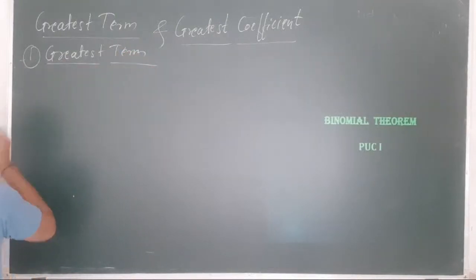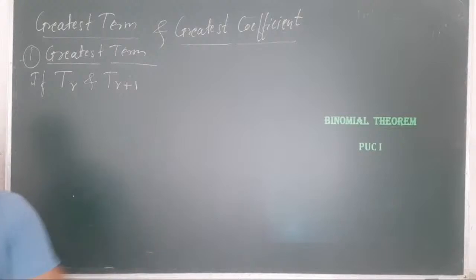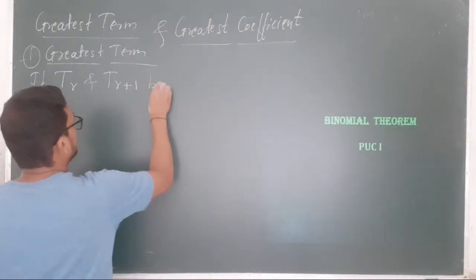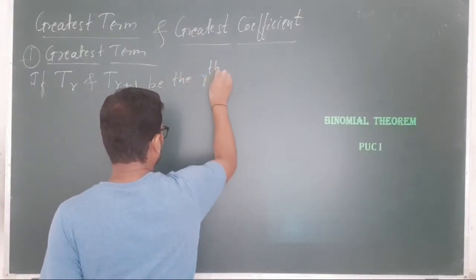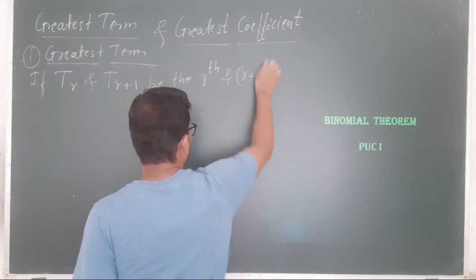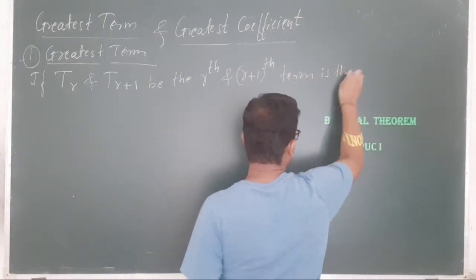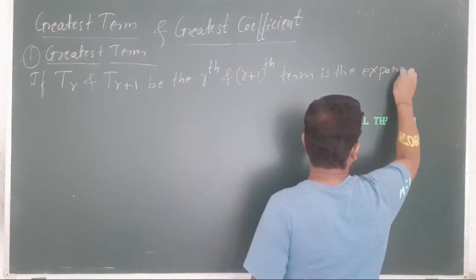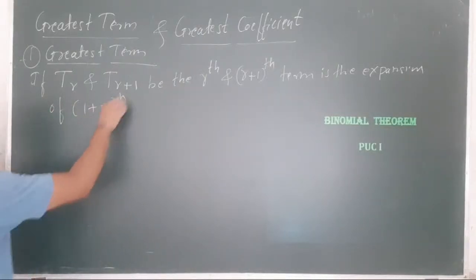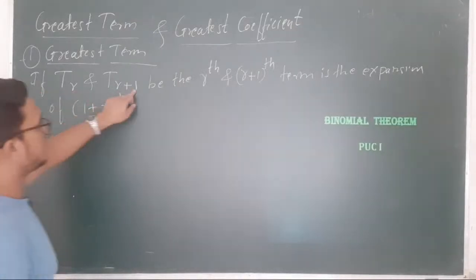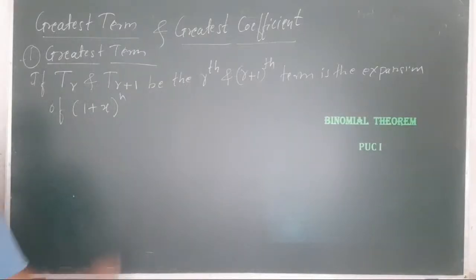Okay, so if TR and TR plus 1 be the rth and r plus 1th terms in the expansion of 1 plus x to the power n,